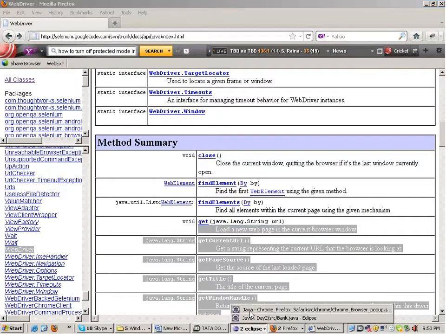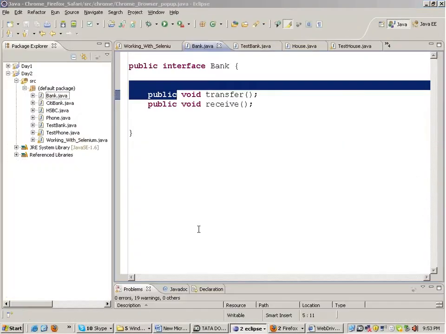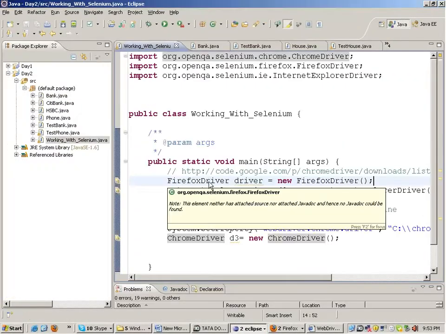Okay, so what we can do is, in my program, if I write driver, suppose I will name it driver ff, I write driver ff dot, I will get the function get.